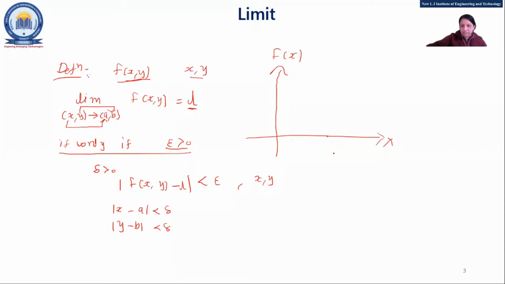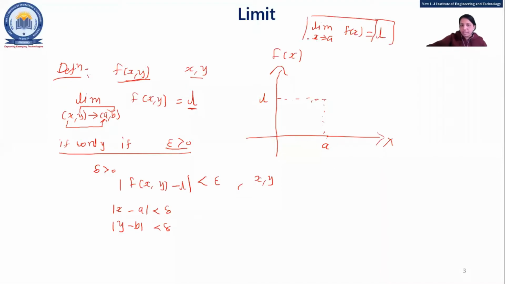This is my x, this is my f of x, for some value of x equal to a. Say this, small a, right? I will have the limit L here. So this is for limit x tends to a. This is for one variable. The same thing can be applied, just instead of one variable, you have to consider two variables, nothing else. Fine. So what happened here? The limit equals L. Suppose this is the definition for one variable.